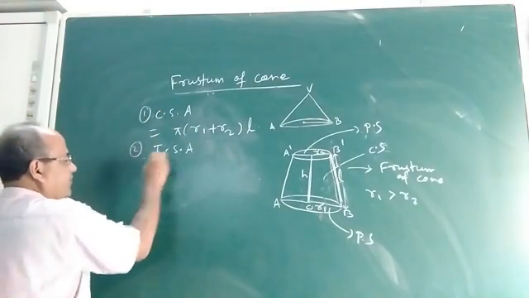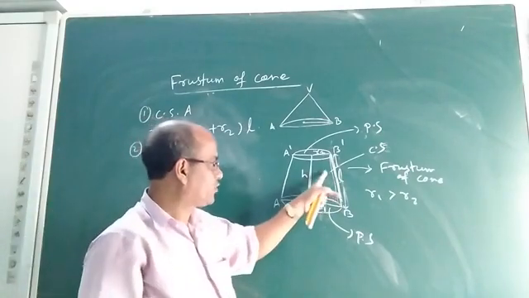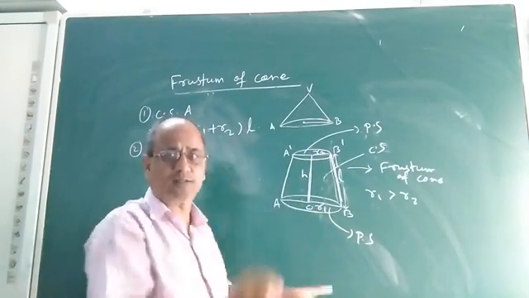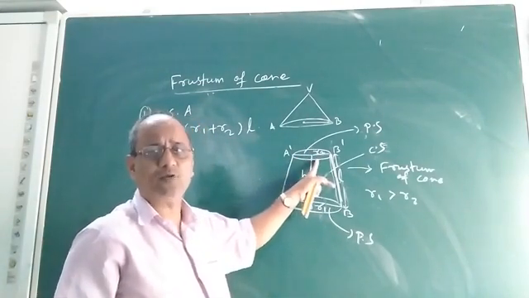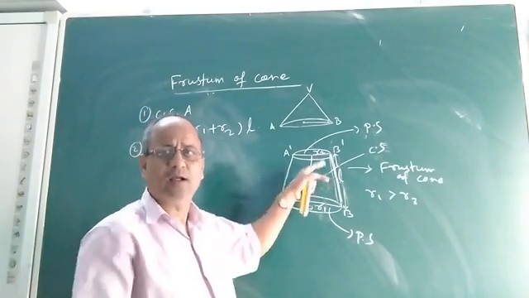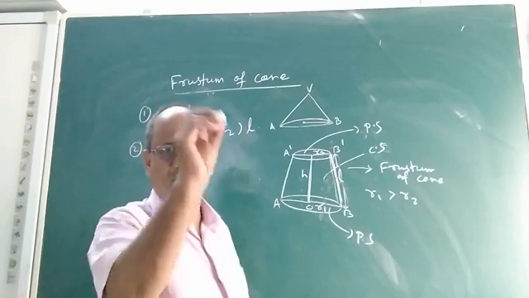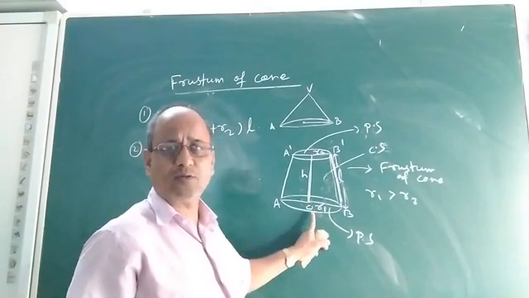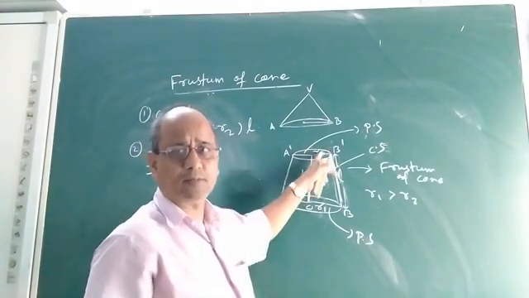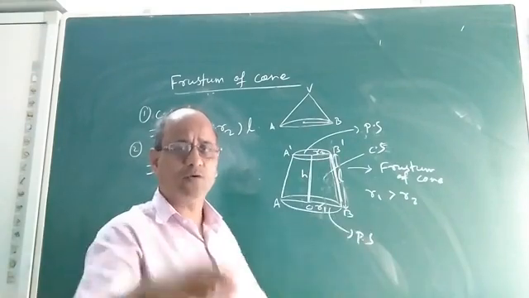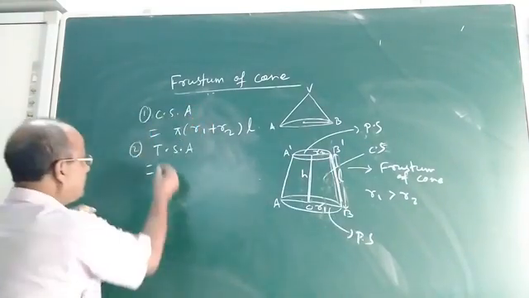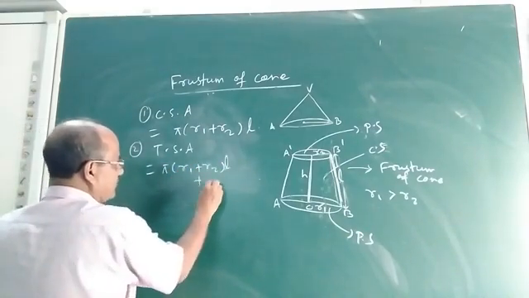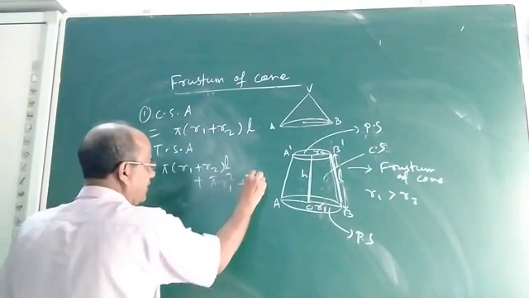Okay, next let us find the total surface area. You can easily find it. To the area of the curved surface, you add the area of the two flat circular surfaces. The area of a circle is pi r square. So the area of this flat surface will be pi r2 square, and the area of the other flat surface will be pi r1 square. So pi r1 square plus pi r2 square added to the area of the curved surface will give you the total surface area. So it is pi into (r1 plus r2) into L plus pi r1 square plus pi r2 square.